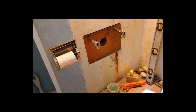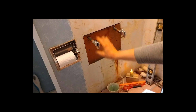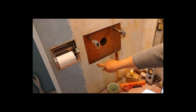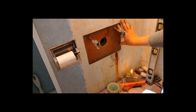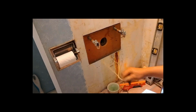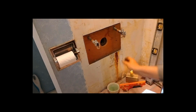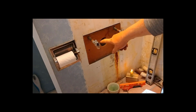Keep going. Alright, now I've got this in, screwed on. I used these little pieces of rope that I threaded behind the board that runs vertically through there and got them stuck on there so that that's all in good. Now I just pull the string out and that's completed. Now I need to solder up those valves on there,